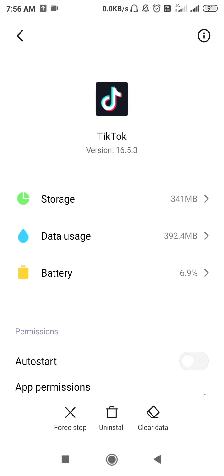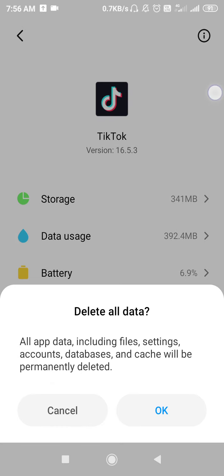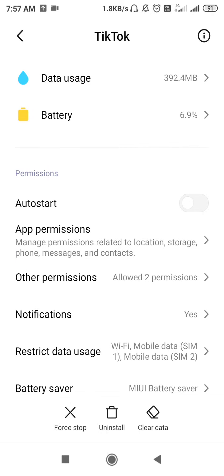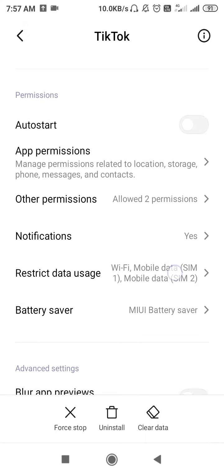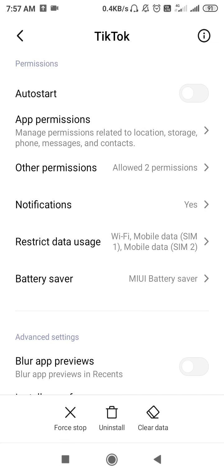So after that guys, what you need to do is you have to force stop the application, and after force stopping you have to clear the data. Okay, so just clear all the data of your TikTok application. No need to backup, just clear the data. Okay, so after clearing the data, go to app permissions, allow the permissions, and then guys, you have to go here, restrict data. You just turn off all these data connections, and then you have to enable it, and then click OK.